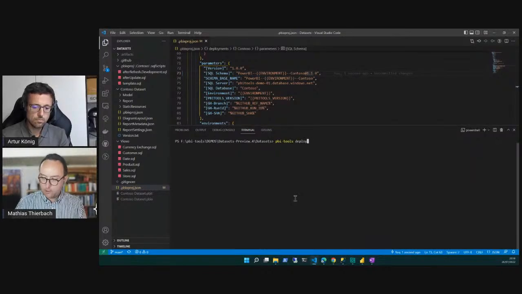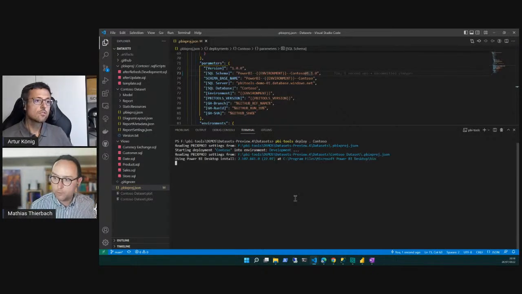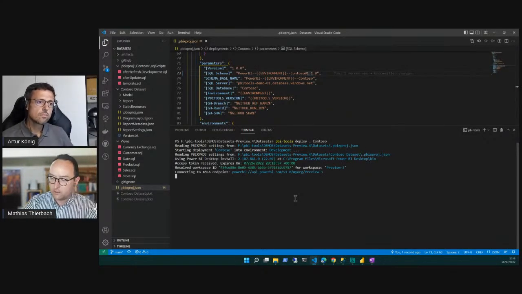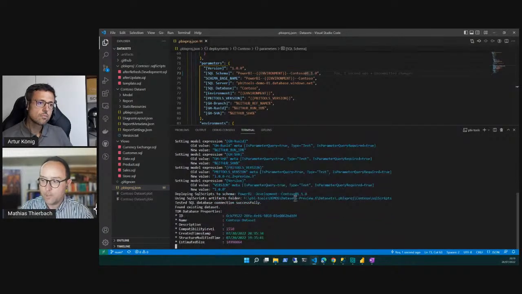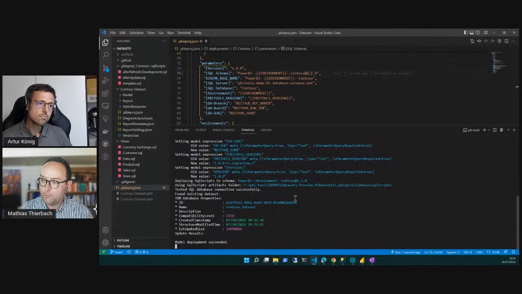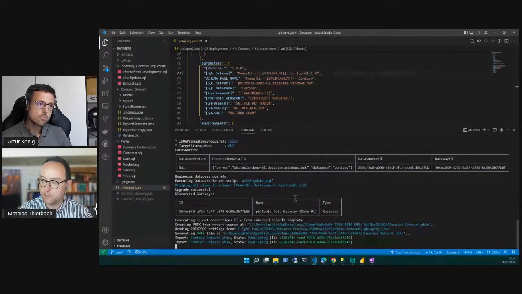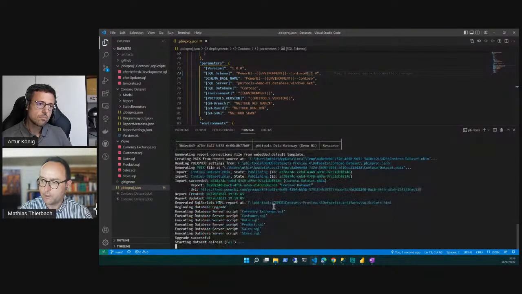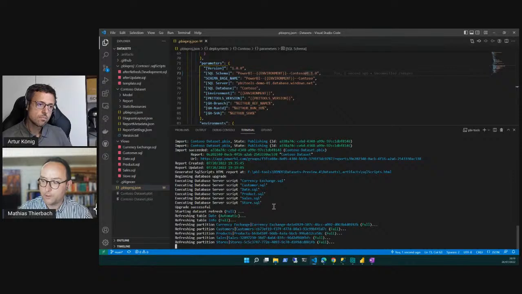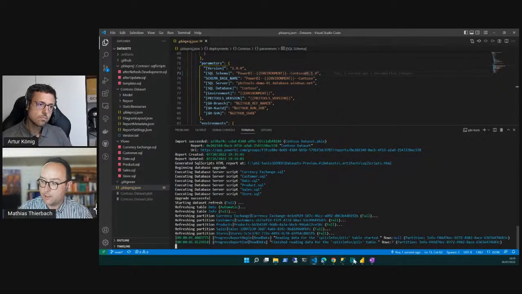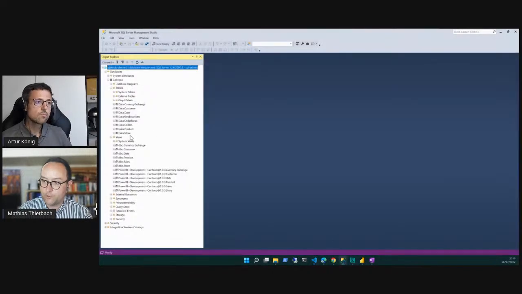pbi-tools deploy, contoso, and run. I'm not specifying an environment name here because development is the default environment name. So if you don't specify anything, that's what you'll get. We're getting a bunch of outputs now, and I can basically already go over here to my SSMS view,